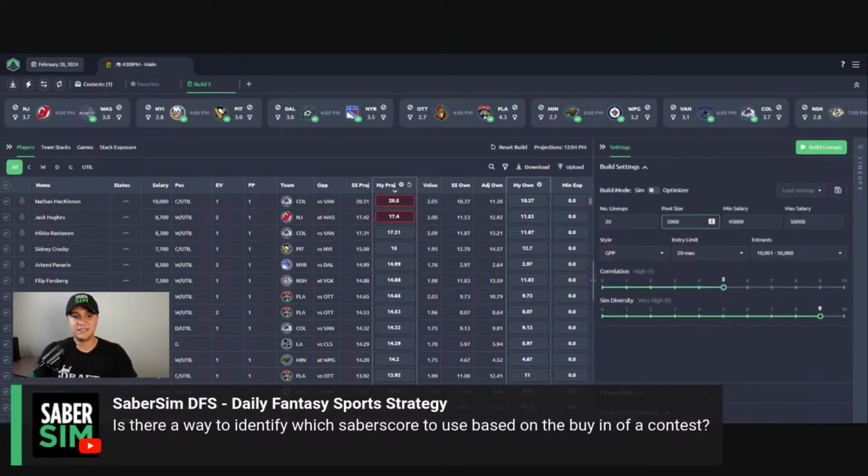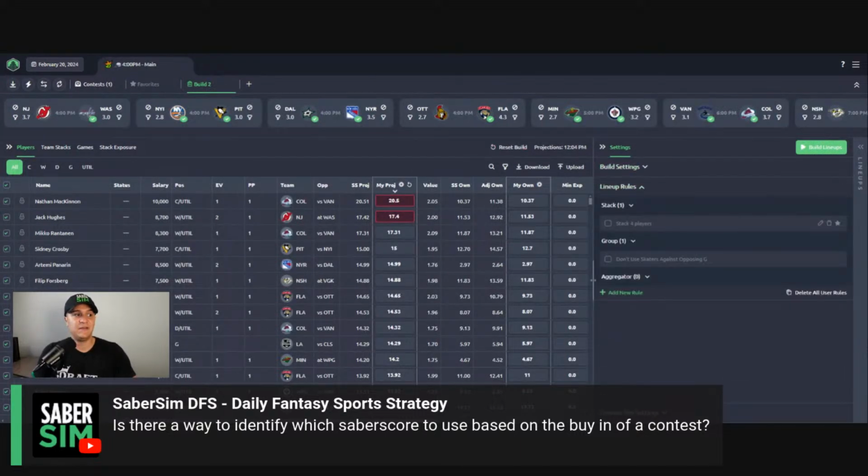Going to go to my settings. I'm only going to build 500 lineups for this example. I'm going to leave my salaries the same. I'm not going to touch any of that. I'm going to set up my entry limit. So it's a 20 max, but it's a 1K to 10K range here. So sliders come down. I'm not going to set any rules here, but if you guys have some time, go